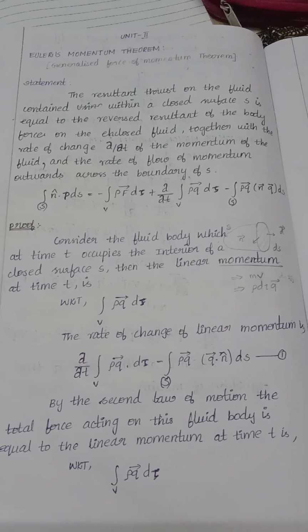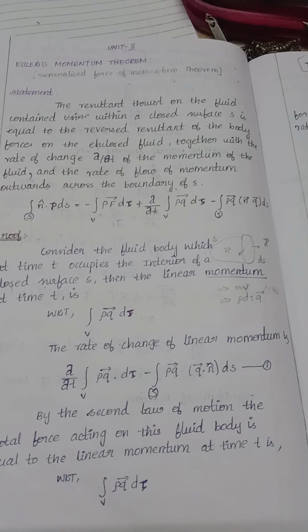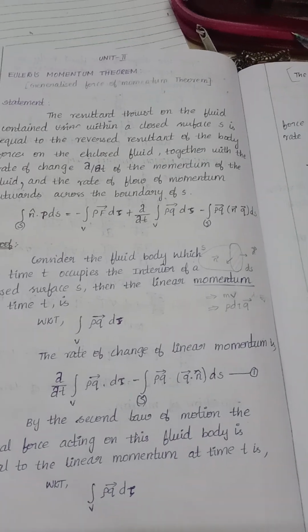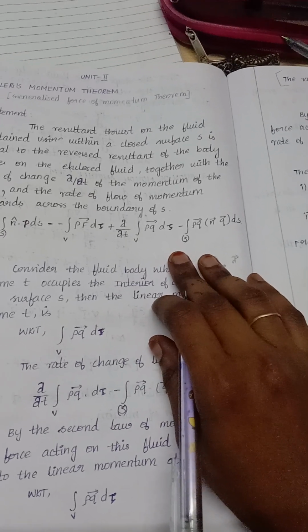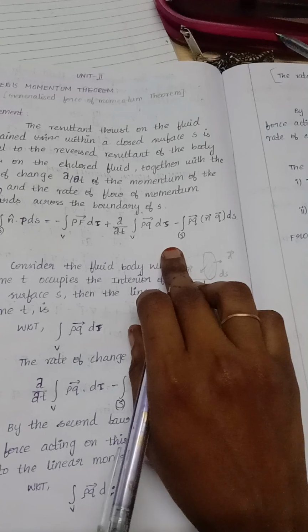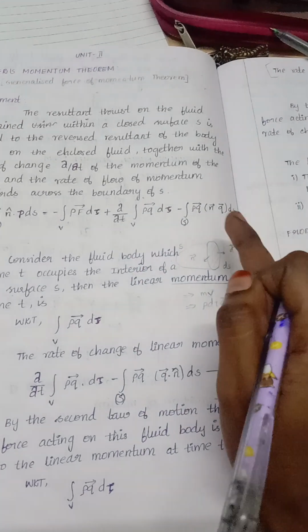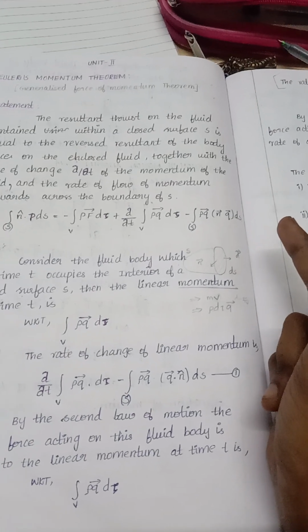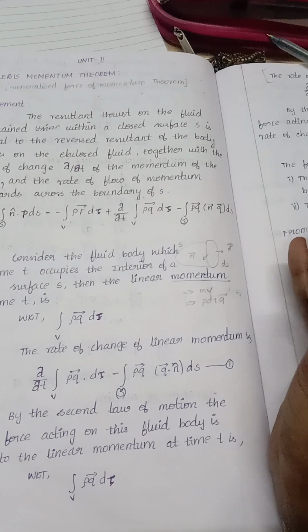And today we are going to see about Euler's momentum theorem, that is known as the generalized force of momentum theorem. The statement for Euler's momentum theorem is: the resultant thrust on the fluid contained within the closed surface S is equal to the reversed resultant of the body force on the enclosed fluid, together with the rate of change, ∂/∂t, of the momentum of the fluid and the rate of flow of momentum outwards across